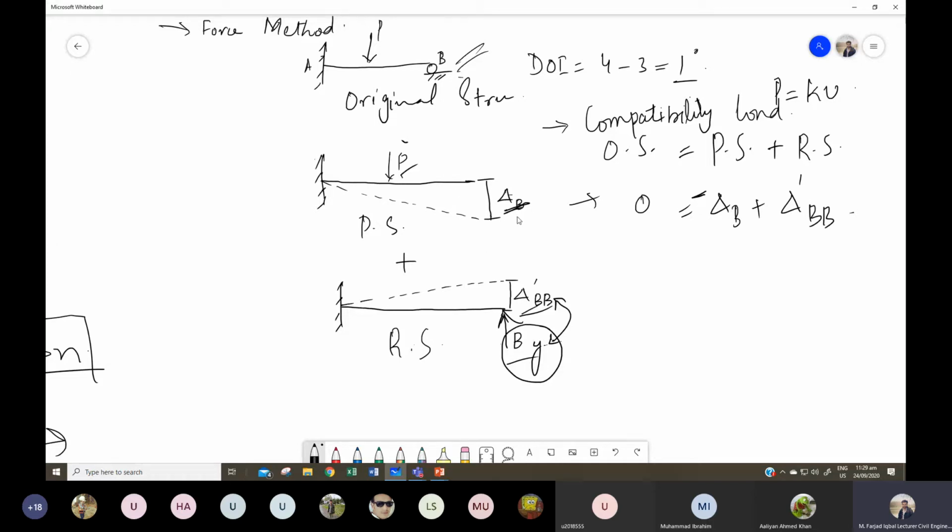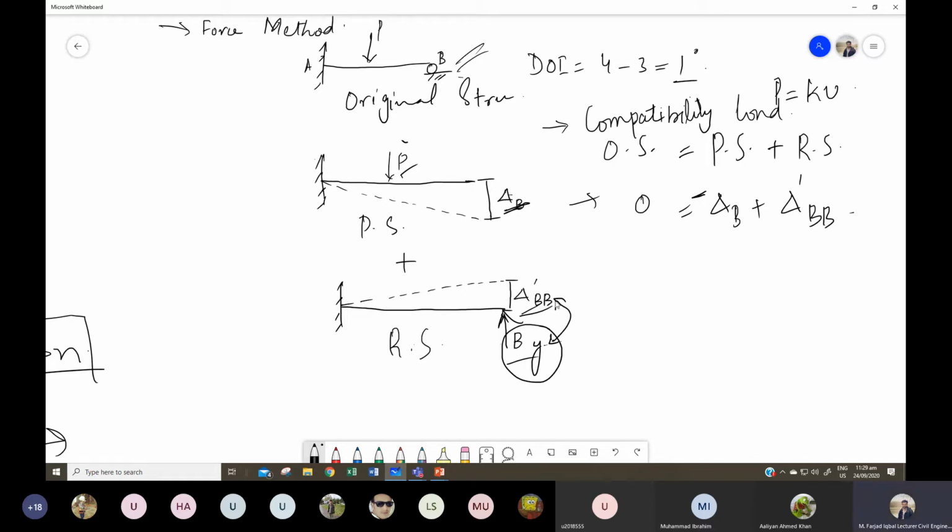So this deflection is known as delta B. And in the second case, because we have to make it equal to the original structure, what will we do? We will remove this applied load as well, but we will apply this external reaction By, and now only this external reaction is acting, so it will again produce some kind of deflection that we have represented by this factor